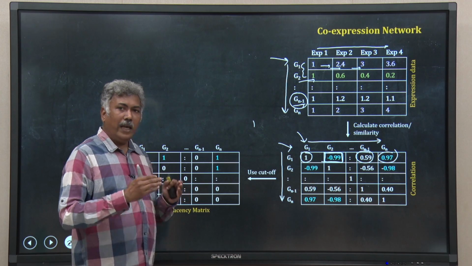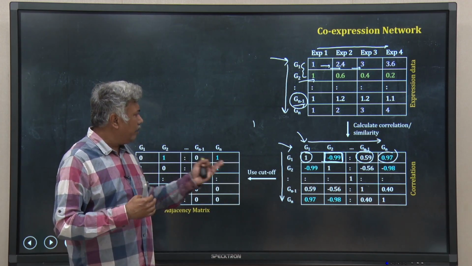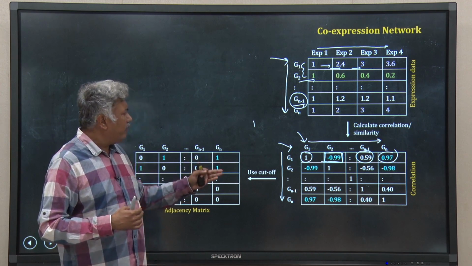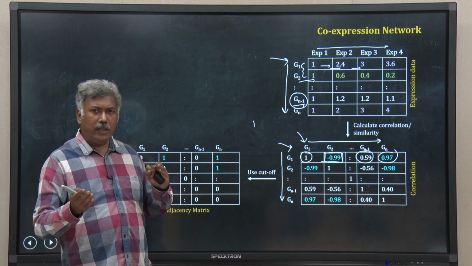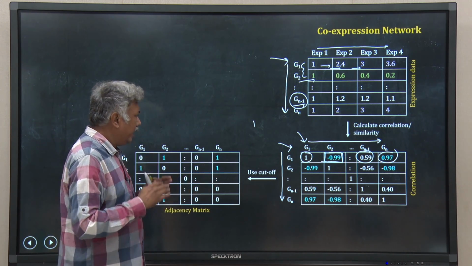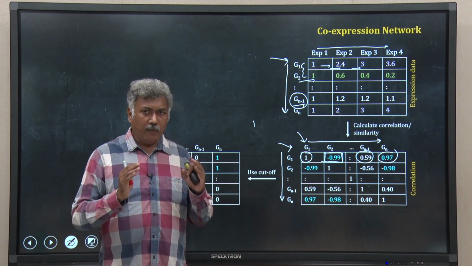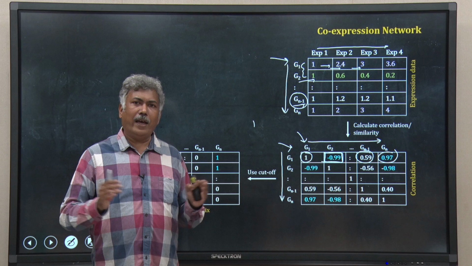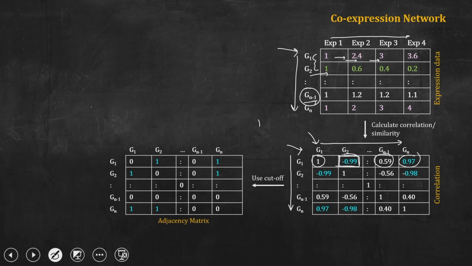Now, what will I do? I will use some sort of threshold or cutoff. So, I have decided here that if the correlation coefficient is above 0.9, whether minus 0.9 or plus 0.9, whatever it is, above 0.9, then I will consider it an effective correlation. The rest of the values will be converted to 0. So, then what do I get? I get this one,